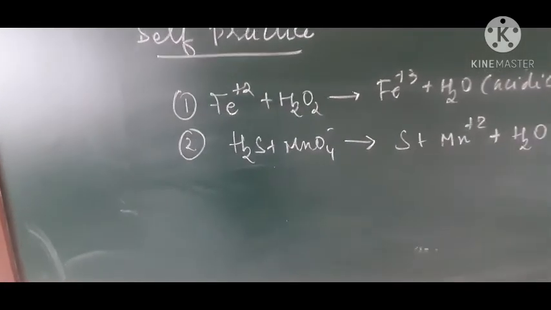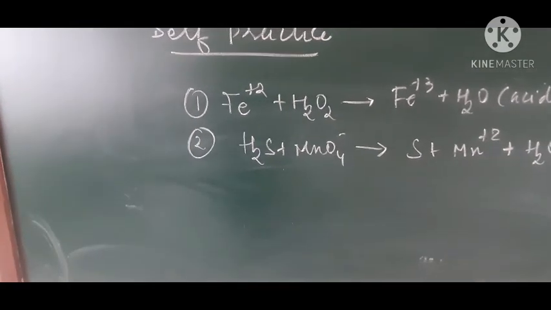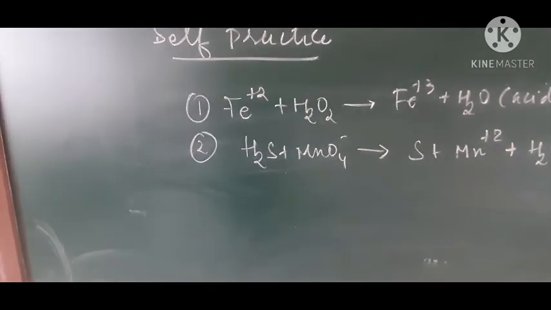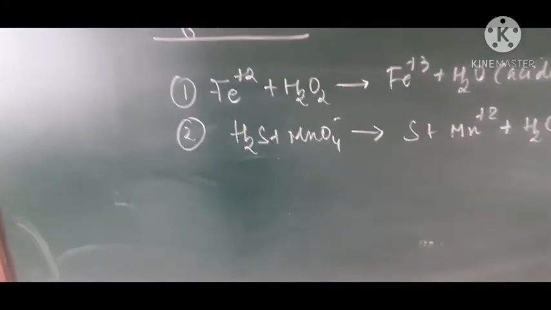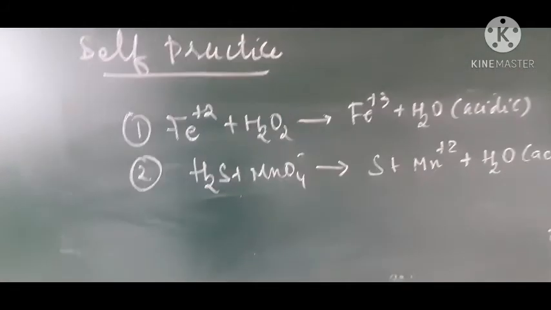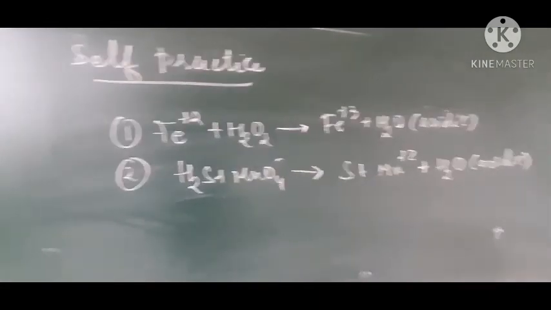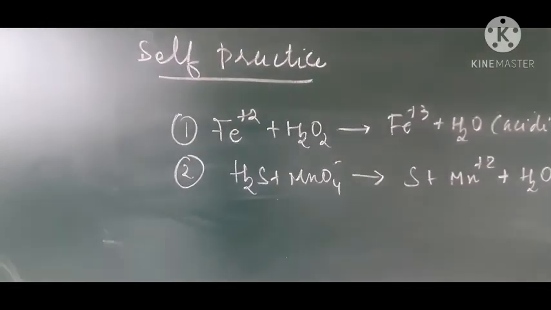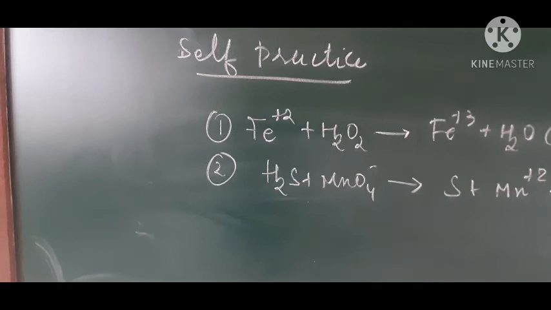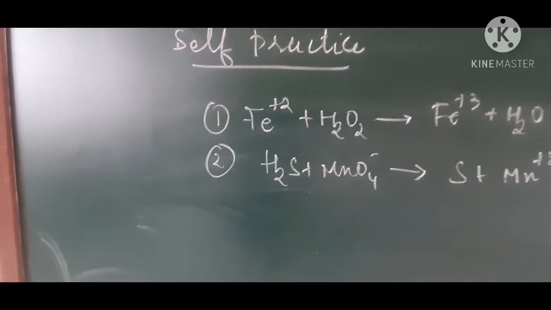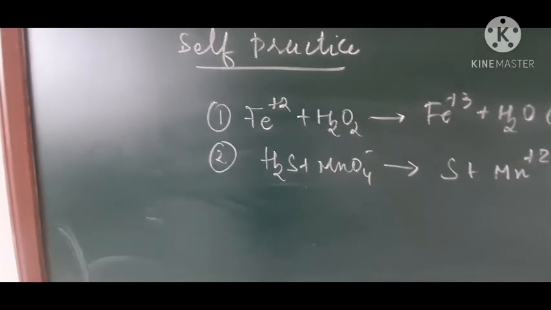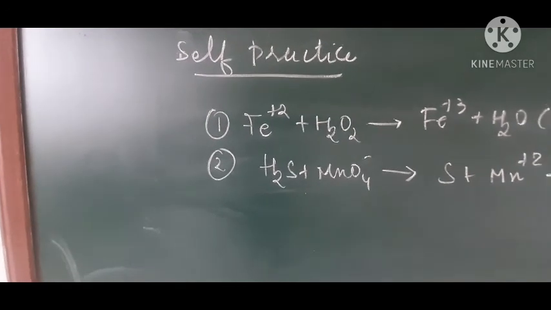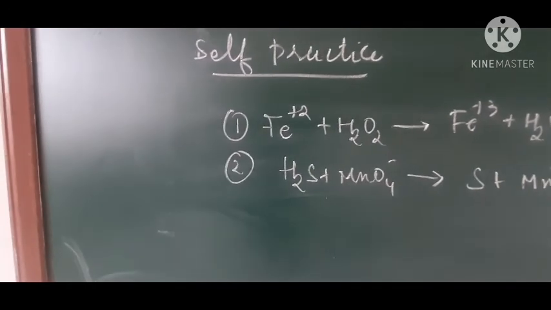Then we have to balance all the elements except hydrogen and oxygen. Next, step 4 is we have to balance hydrogen and oxygen atoms. Step 5, we have to balance the net charge by using the number of electrons, whatever is being gained or lost. Then we have to add the half equations, and thereafter we have to verify the balanced equation. And if the ionic equation is there, then we have to write its molecular form.